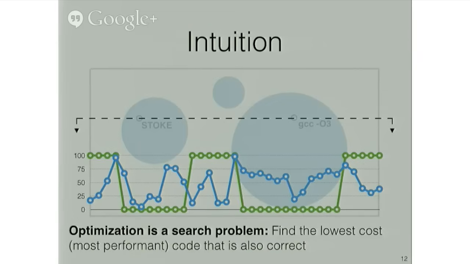So, given this formulation of the space, what I'd like to do now is make a non-standard, but what I hope is obvious assertion, which is that program optimization is really nothing more than a very high-dimensional search problem. So, given a point of interest, this target program, the goal of any program optimizer is to just produce a rewrite with the lowest possible performance cost, which is also functionally correct. In the context of this picture here, the goal is to find the lowest value on the blue performance curve, for which the green correctness curve is 0. That's the way we think about this problem.